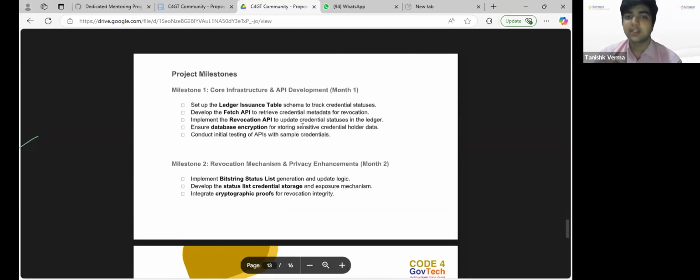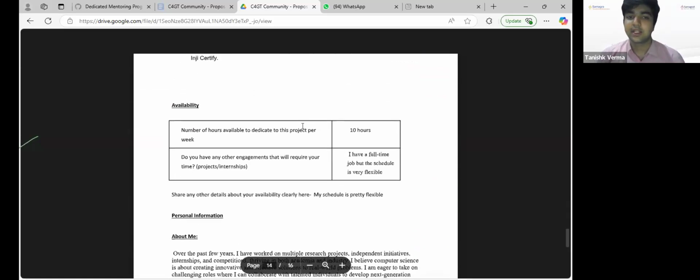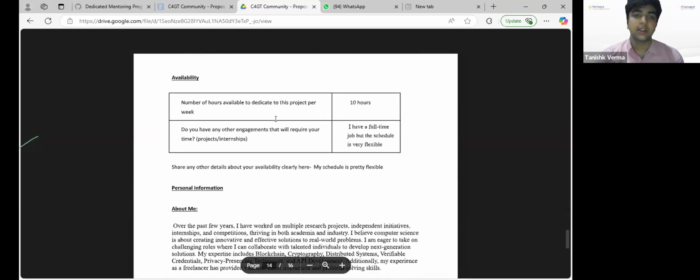There are the milestones that they want to cover. So with DMP, once the projects are live, since the overall period is 3 months, there are 12-week milestones, and each week has a separate milestone that needs to be covered. A very intensive effort is needed, and there is also general information that you share about yourself and your motivation to apply to this.